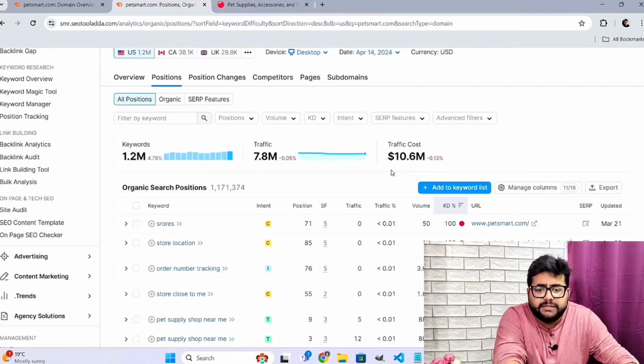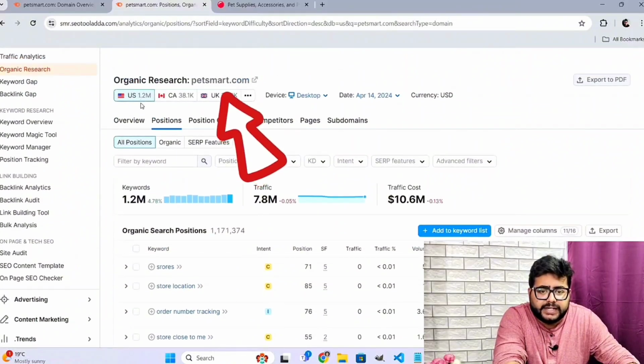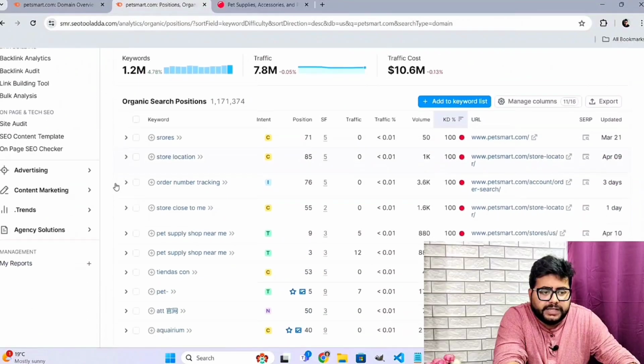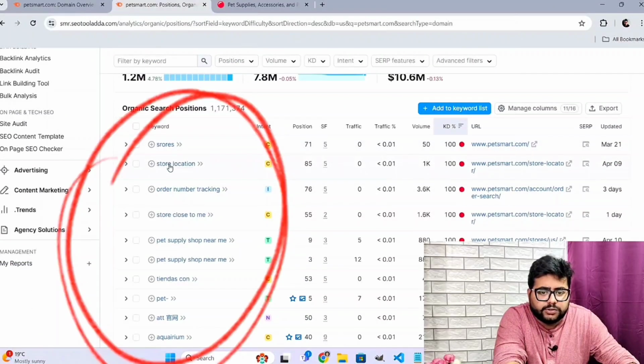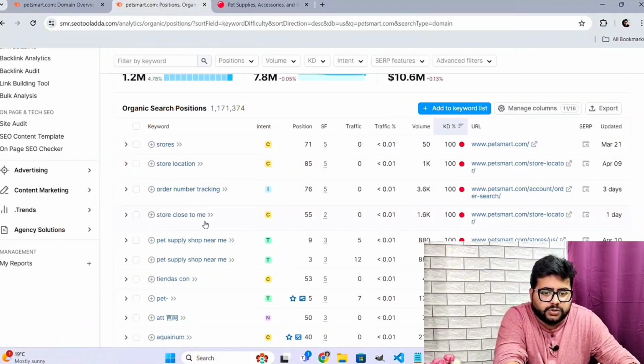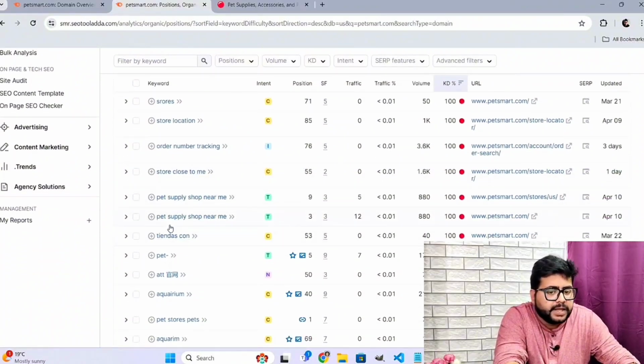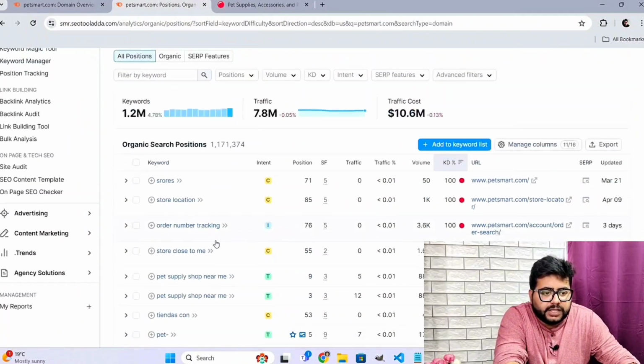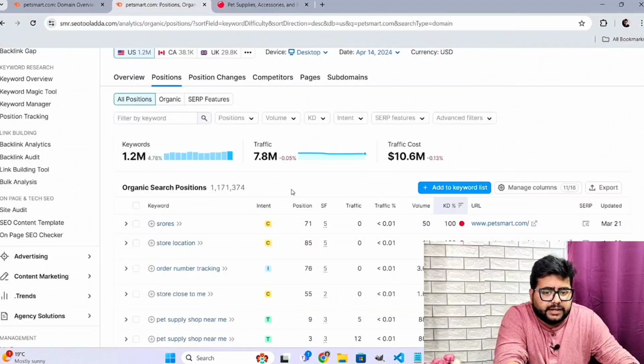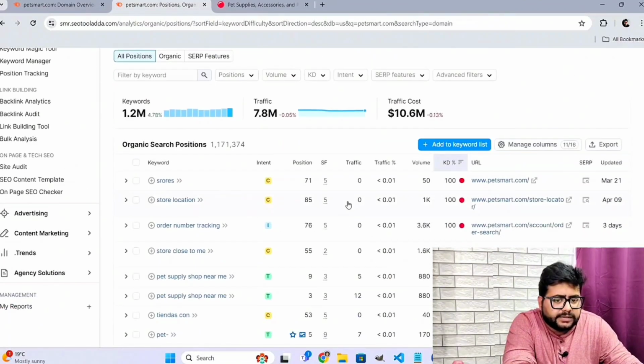And if you look at the organic research for PetSmart.com, there are so many keywords like store location, order number tracking, store close to me, pet supply shop near me. All these keywords are basically ranking at the top. And the traffic percentage is less than 0.01%, but I think these are all coming from the paid searches. Now let's look at